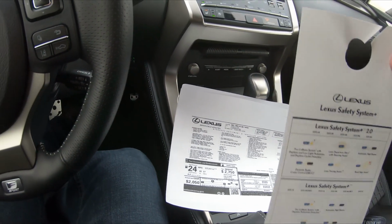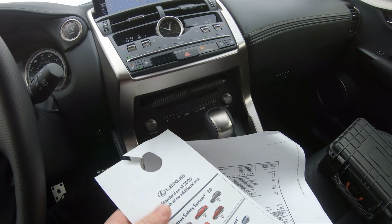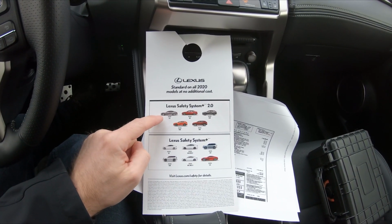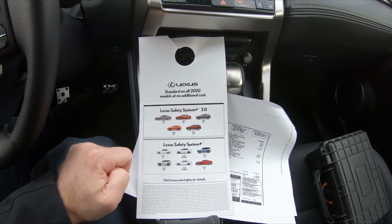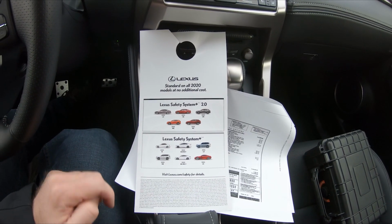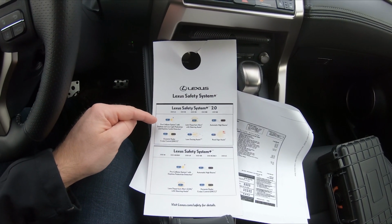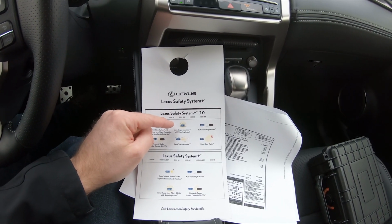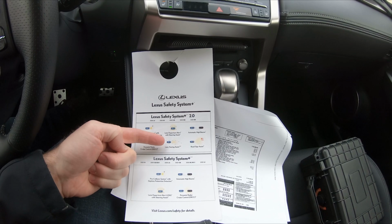So I did want to show you this real quick. That was what I was talking about earlier, the Lexus Safety System, sorry. So the Safety System Plus 2.0 is standard on the LS, ES, UX, NX, and RX. So we have the NX today. And then the regular Safety System Plus, not 2.0, just the regular, is standard on all the other vehicles. And so that comes with the pre-collision system, daylight and low light pedestrian and daytime cyclist detection, lane departure alert with steering assist, automatic high beams, dynamic radar cruise control, lane tracing assist, and the road sign assist,